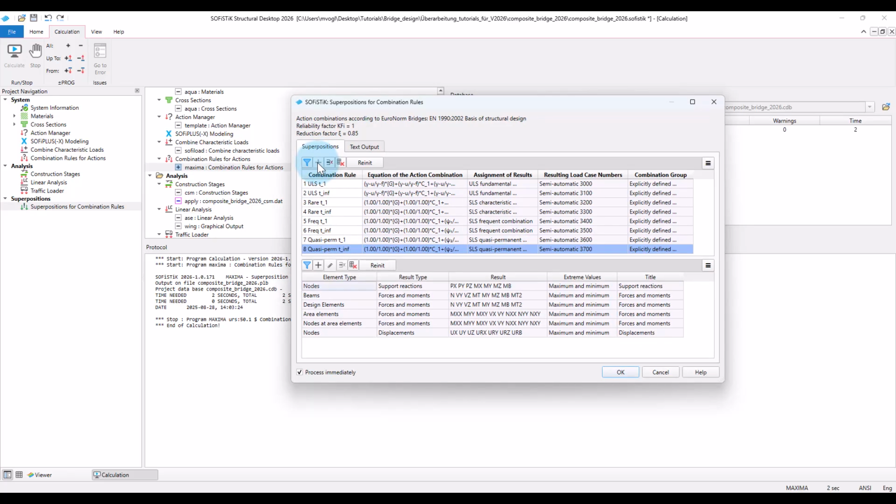To recognize later in the checks for the design elements if the created load cases belong to the combination at traffic opening or to the combination at end of life cycle, we will adjust the load case titles accordingly.